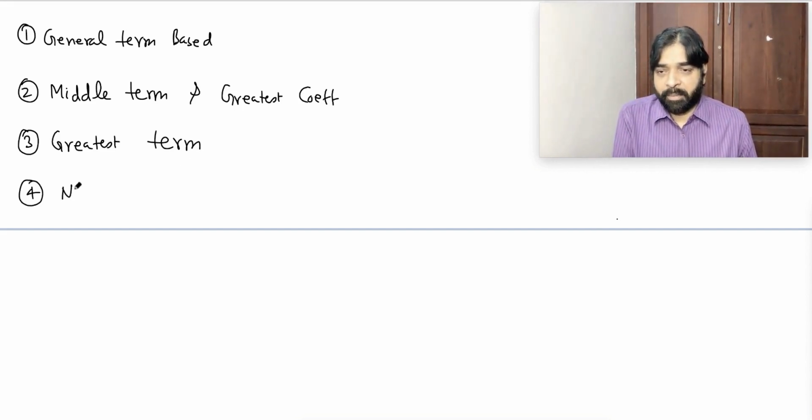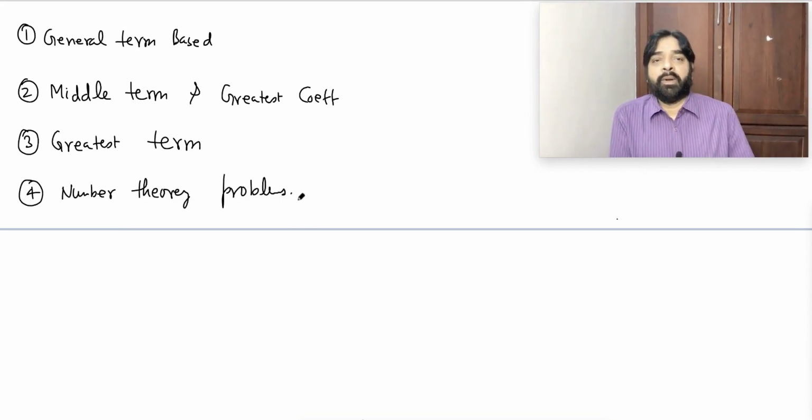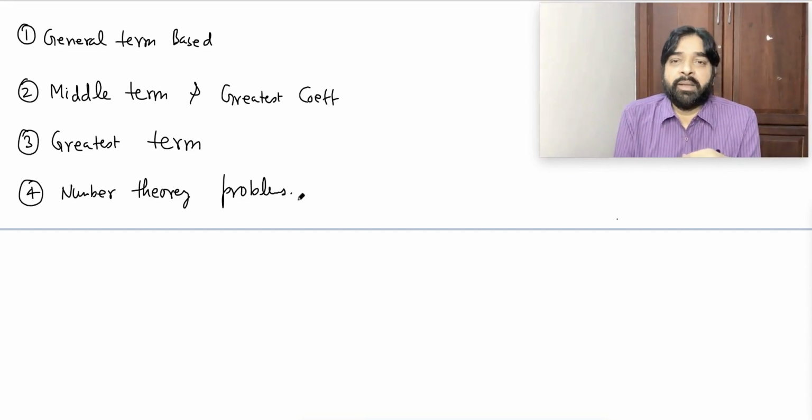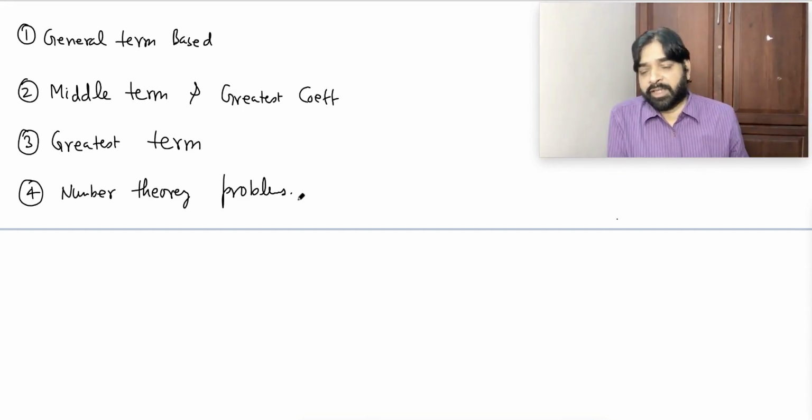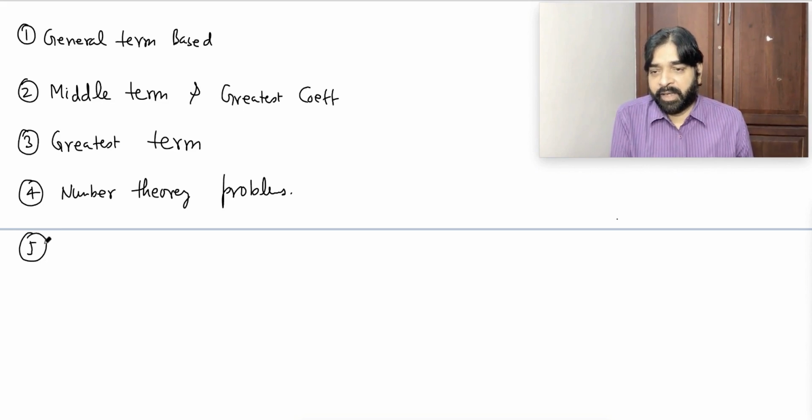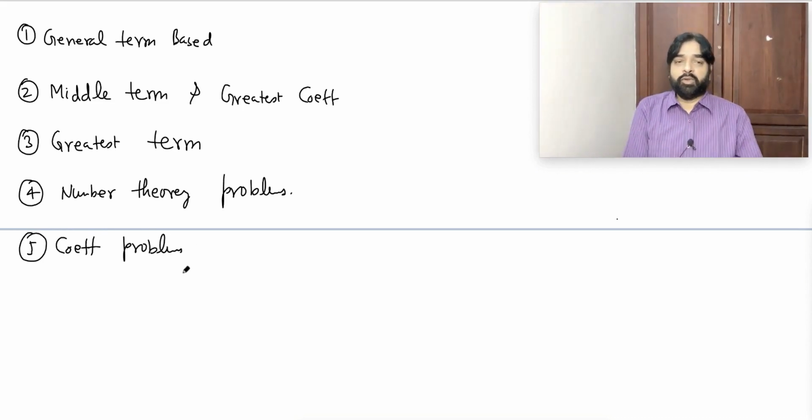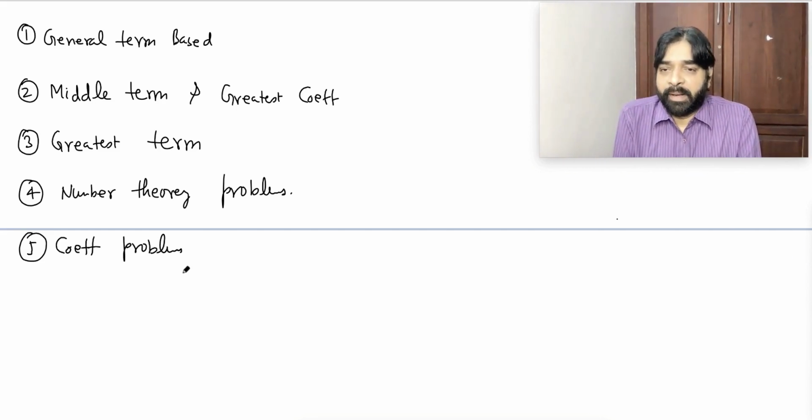Next is the number theory problems, more common in the binomial theorem. A number theory problem is to check whether it is divisible by this number or not. A big number will be given, and you are asked what the last digit of that number is. That kind of questions used to be generated in this. And the fifth and last one, coefficient problem. That's the most important, where we talk about the sigma and all. So these are the total 5 types of problems generated in the binomial theorem. We'll discuss one by one.